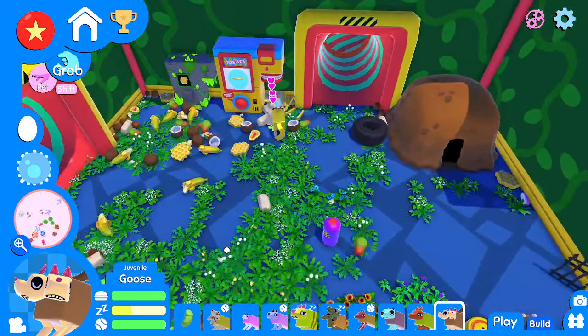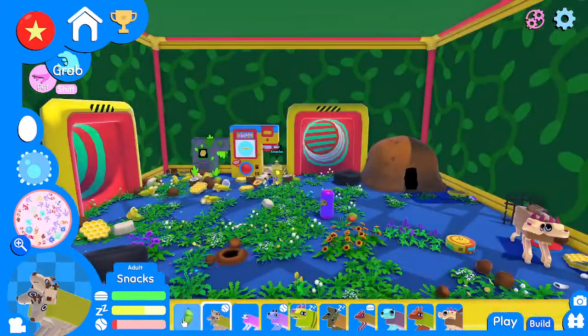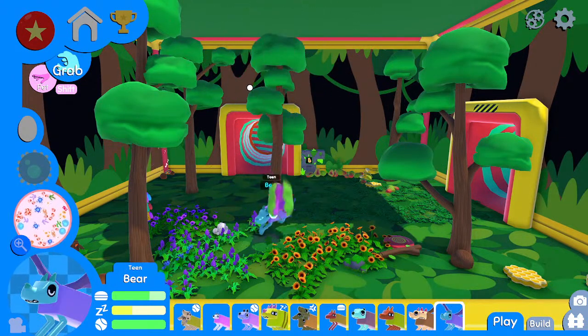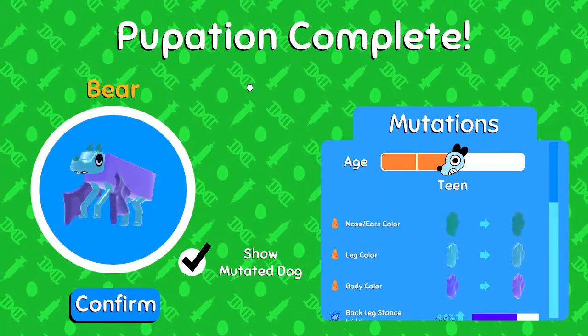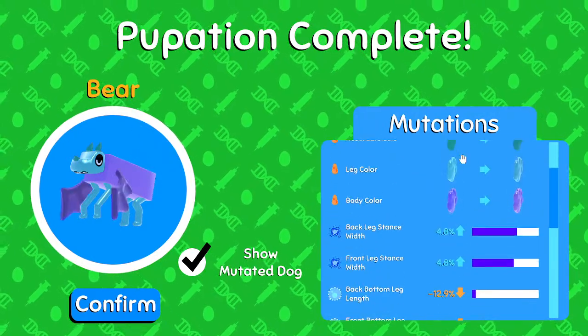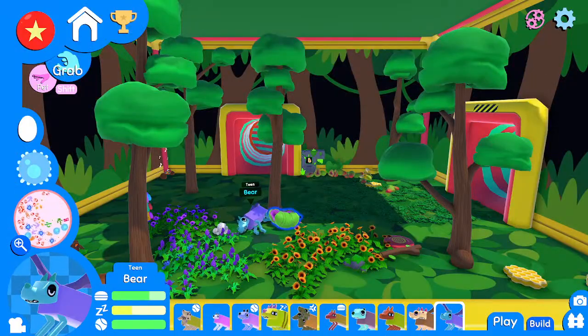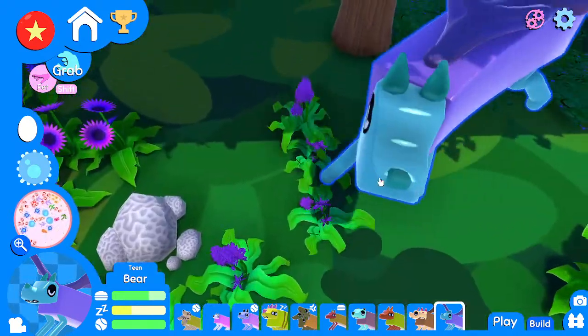I guess to eat that, you might as well. Bear. Have a very good day. Temptation. Can't resist this sometimes. Hello, bear.